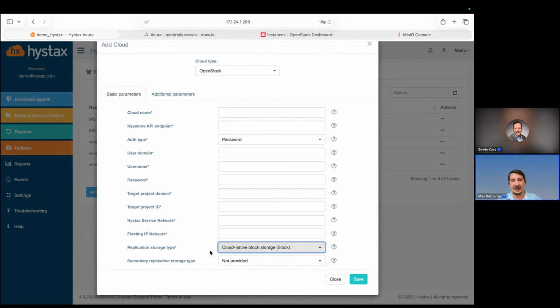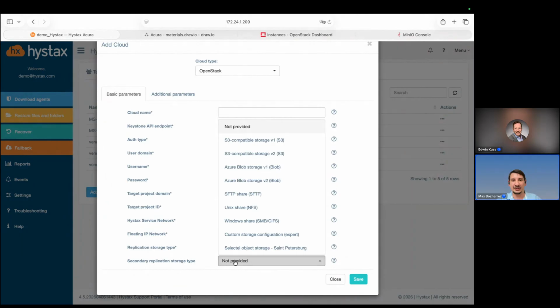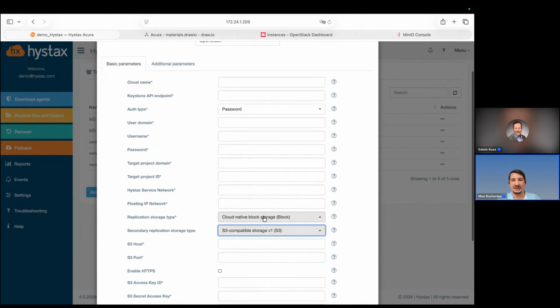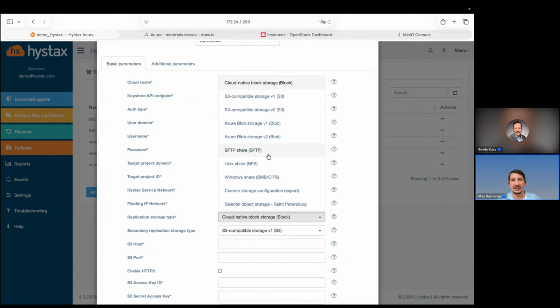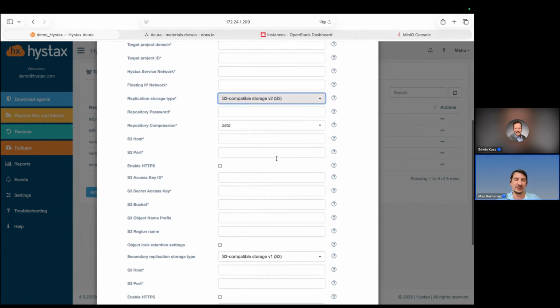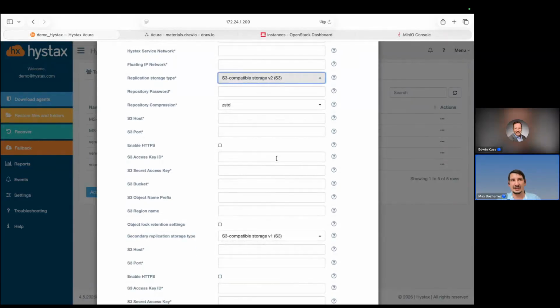But now you can also select the secondary storage type, meaning that you can combine both block devices and backup storages. Of course, you can add two backup storages as well